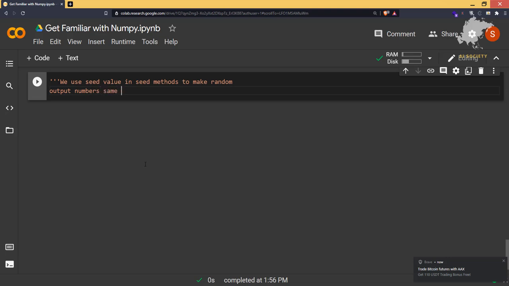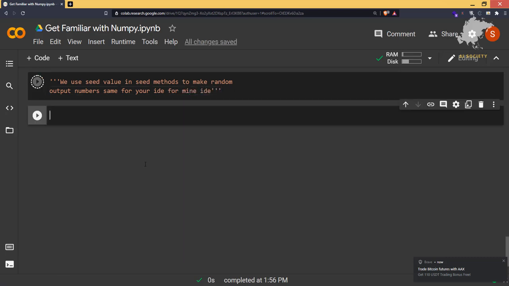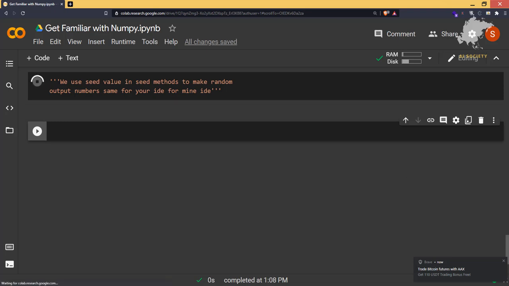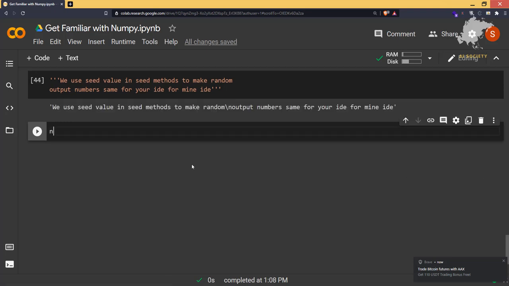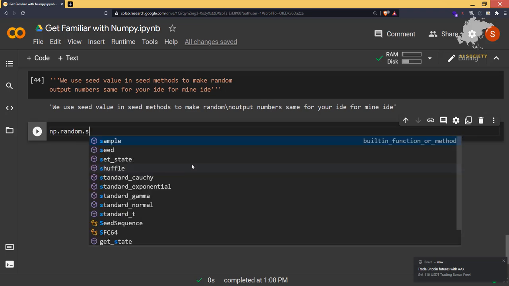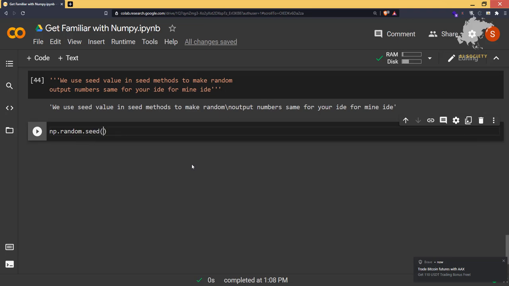The same for your IDE and for mine. So basically this is np.random first of all, and then seed.